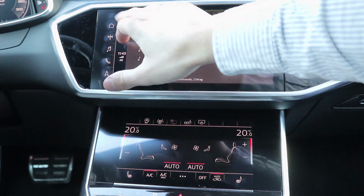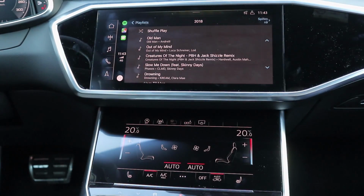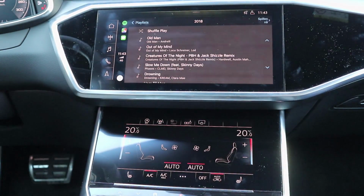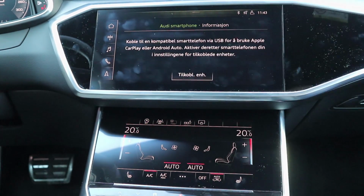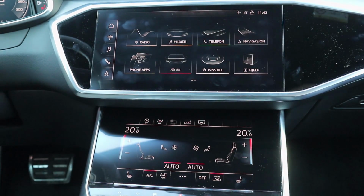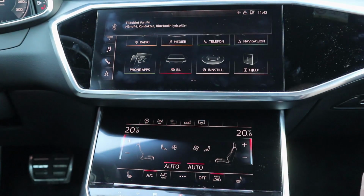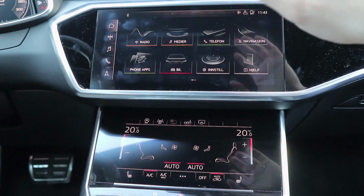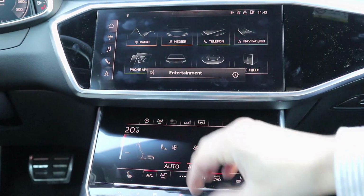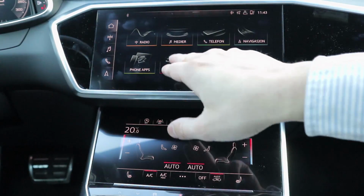It's recommended to use Spotify or to use the cable here, because then you will get lossless music transfer from your phone and then to the infotainment system here. So back home, you have phone, you have navigation, phone apps, car, and settings. And this is a bit annoying. So I'm now connected to, okay, that went away quickly, but earlier that message just kept hanging there for a long time. So phone apps, car,